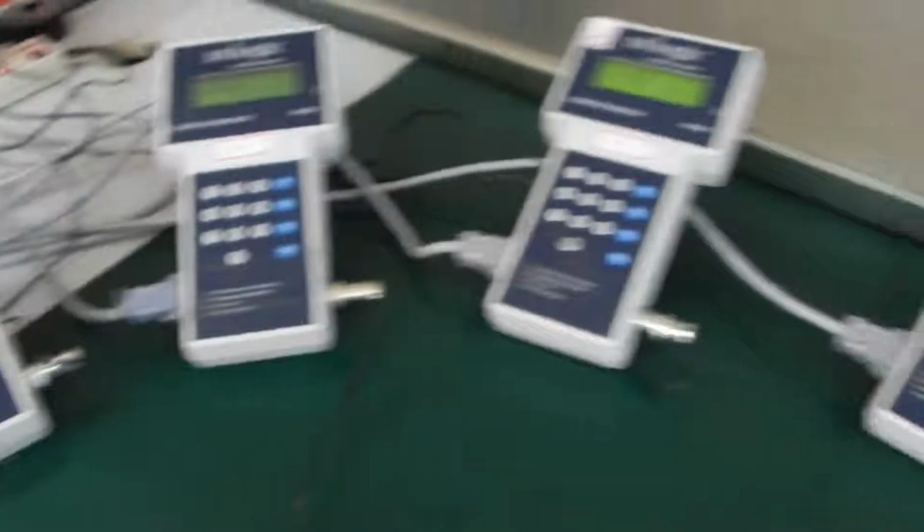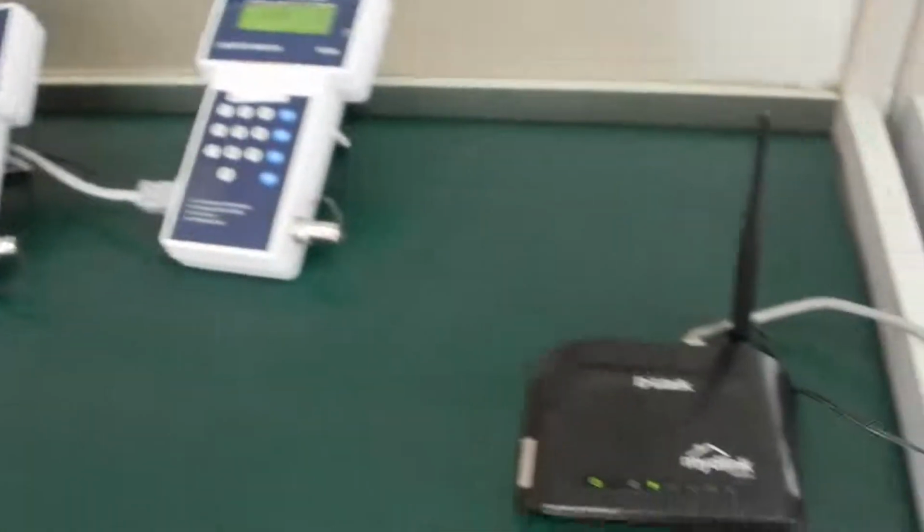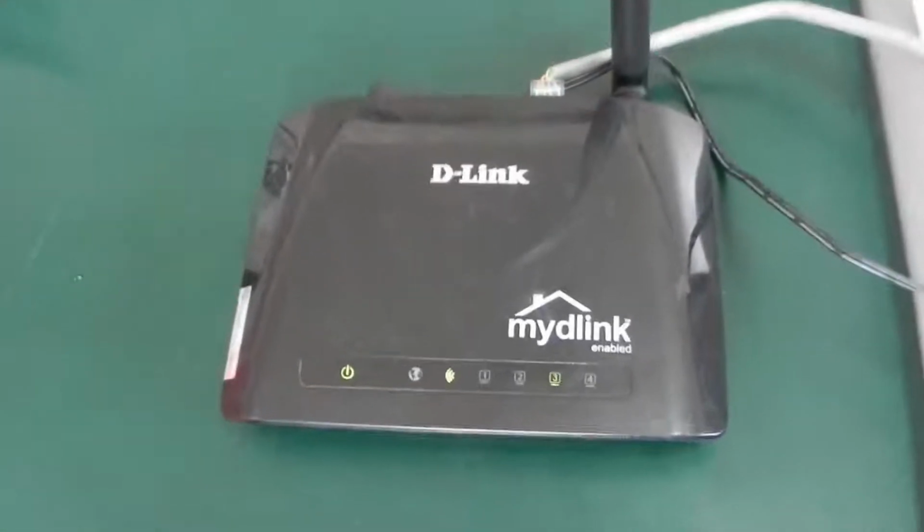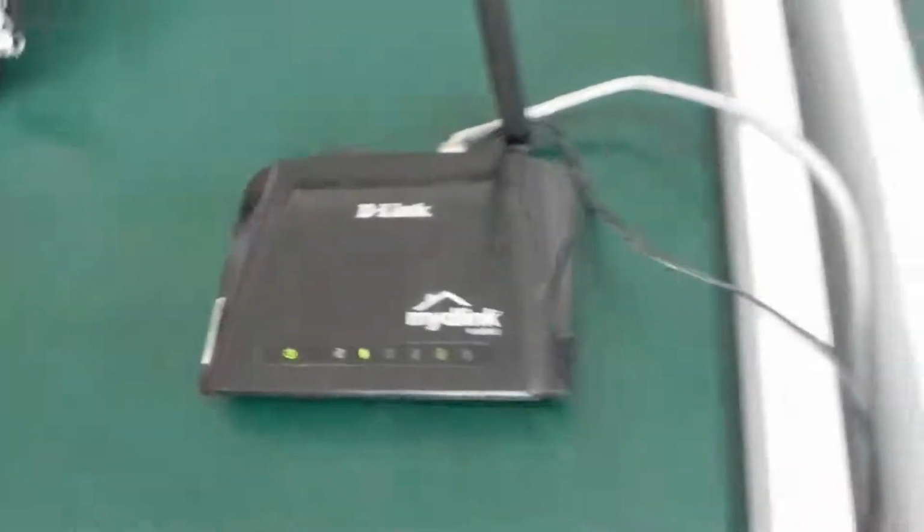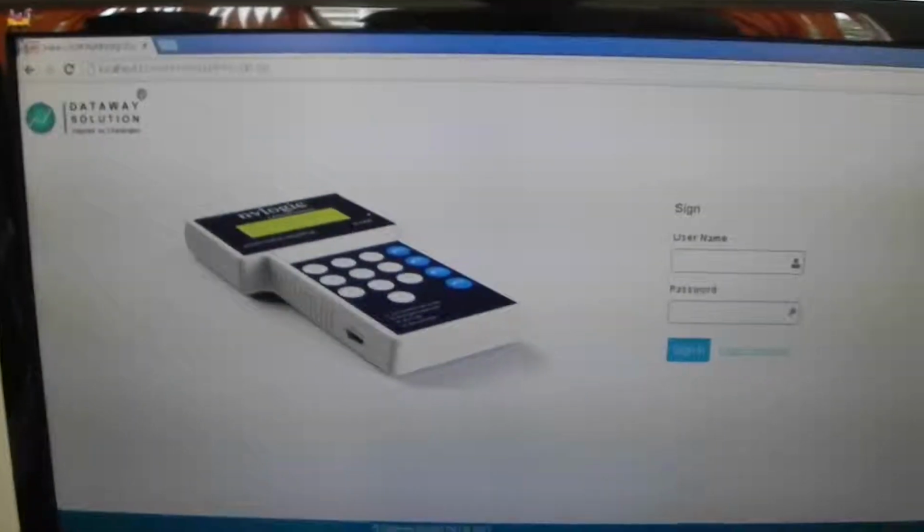The machines are connected over the Wi-Fi router to the server. The server can be a PC or a laptop with all the software installed.